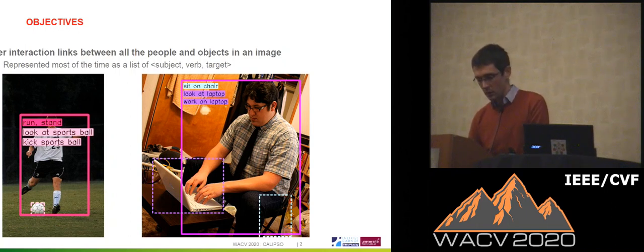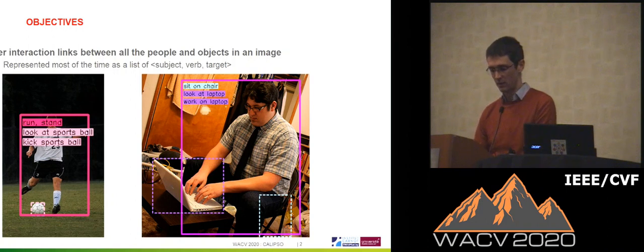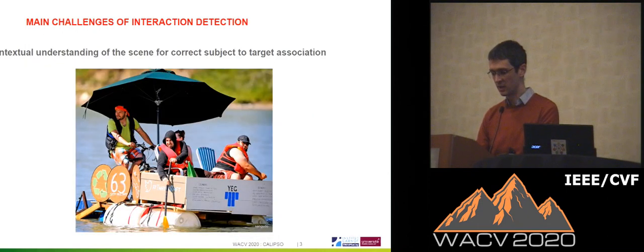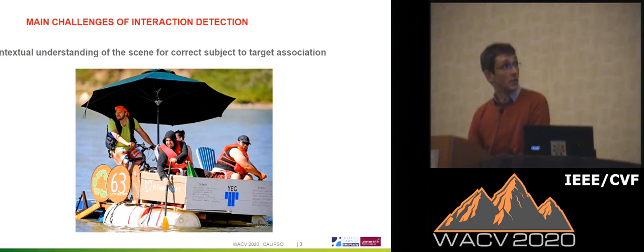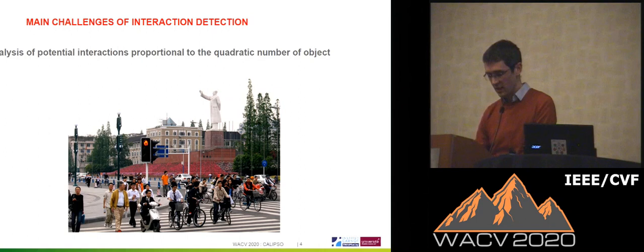So, what are the main challenges of such a detection? First, it implies a high semantic contextual understanding of the complete scene. You have to look specifically at the potential link between a person and an object, analyzing precisely the context to see if there is an interaction link or not. Additionally, the number of potential interactions may explode, as it is equal to the number of persons times the number of objects in the scene. This may become a serious processing time issue, especially for the end scene.